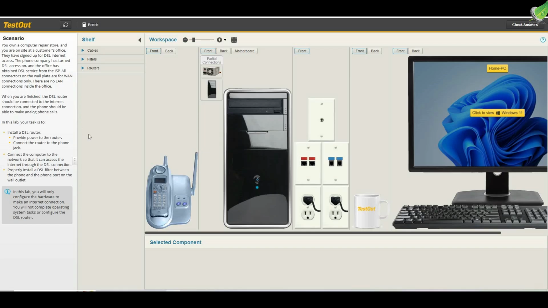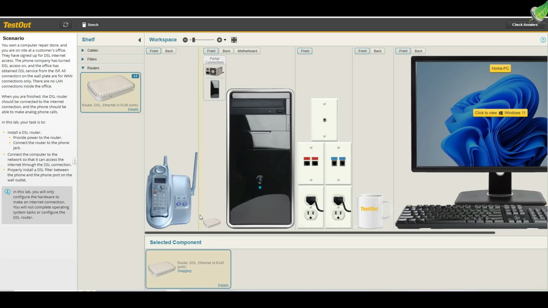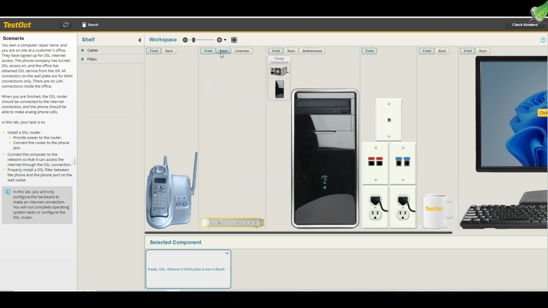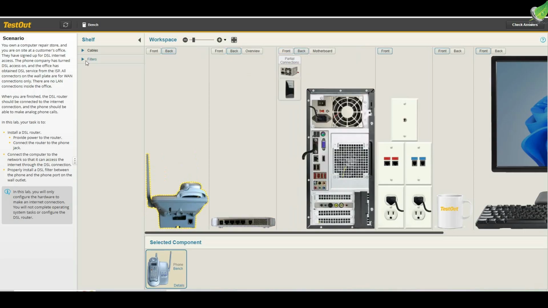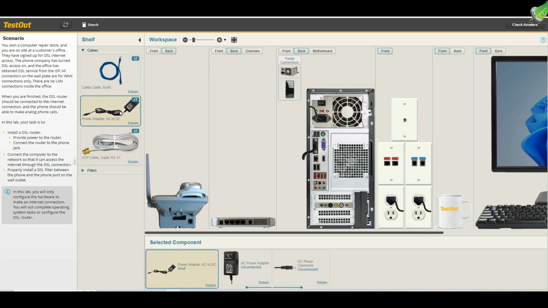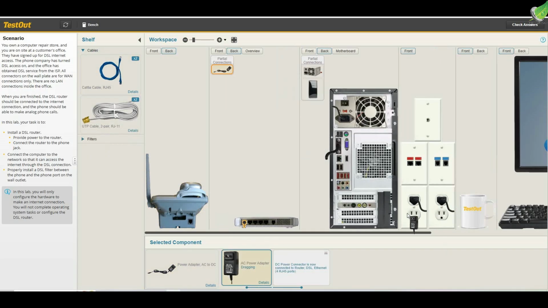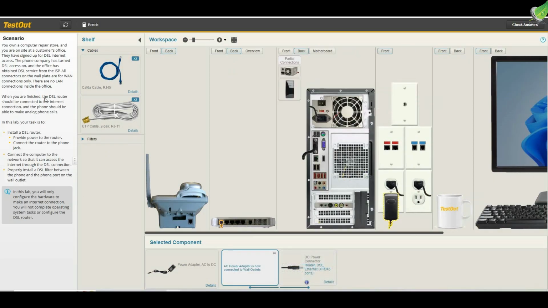Let's see what we have here. Let's check our routers. We have this DSL router, so let's just fix this DSL router here, and let's go to the back of this, and the back of this also. And so let's start up with the cables. So let's start up with power. Power is coming here, and this is going to the wall outlet, and this is our